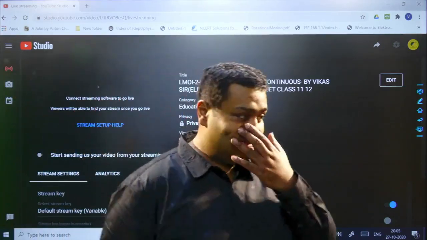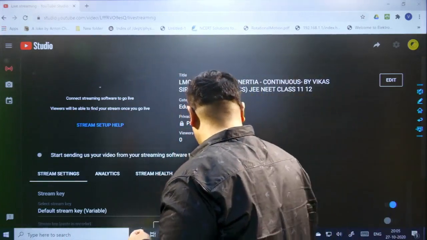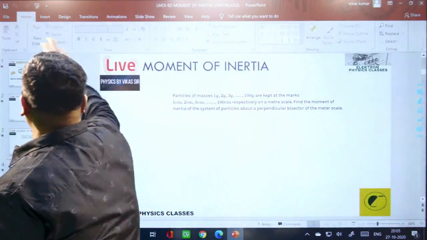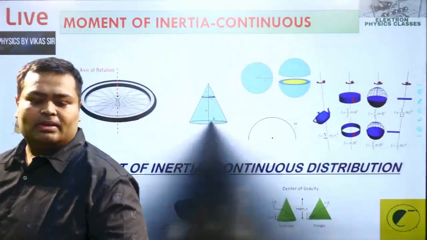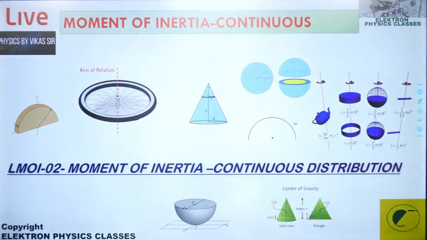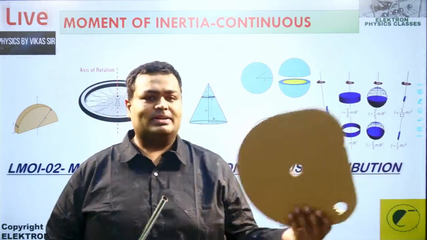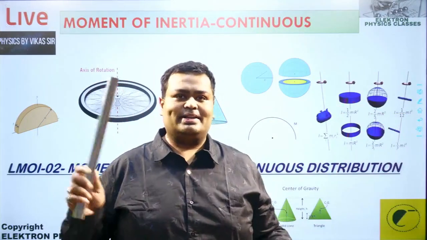Hello students. So we are here again and we will be taking our study forward in the moment of inertia. So first of all, what we learned yesterday, let's take a practical of it. This is an object, a rigid body, a collection of particles, and this is a rod, of course.